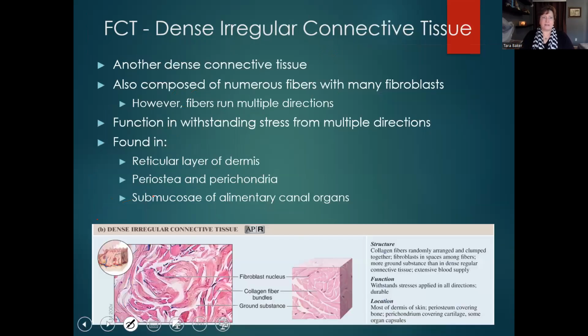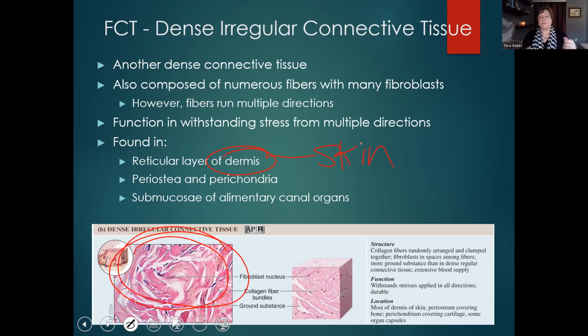Dense irregular connective tissue is going to have these collagen fibers and other fibers, but they're mostly going to be woven together in a mesh. So you can see that down here. So there's fibers running all different directions to make a nice net or a nice mesh. And what they're good at is taking care of stress and connections where we have different movements, multiple directions of movement. So we're going to find this in the dermis, which is your skin,